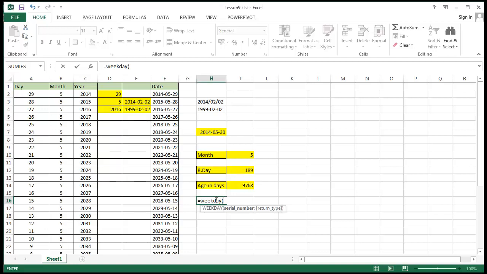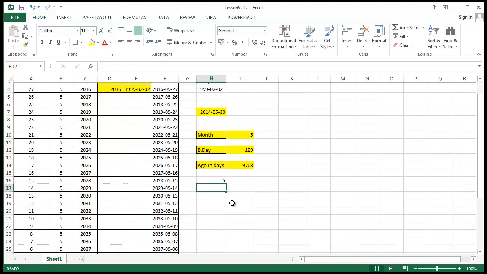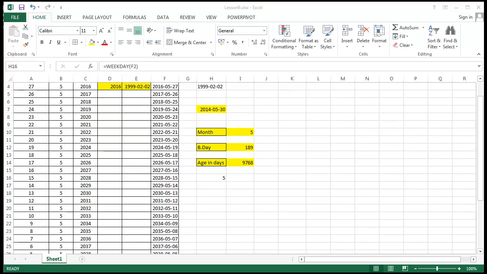So first off, the same as I did. Then select the cell that has the date you want to find out the weekday for. So it doesn't really matter, let's choose this one. So this would be the 15th of May, well, maybe a sooner date we can actually verify. So 29th of May, to see which weekday it would be. And let's close it up. So the answer is 5,